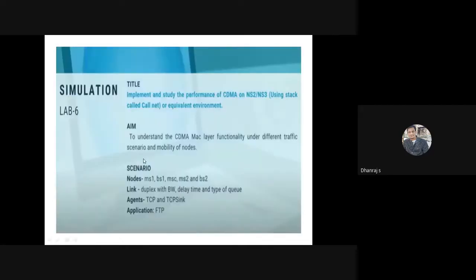Okay, so similarly laboratory number 6. Laboratory number 6 is related to CDMA, that is code division multiple access. This is the extension of your GSM technology. This CDMA comes under the 3rd generation technology. What we need to do here is implement and study the performance. In both the cases we are studying the performance of these different mobile communication technologies, in terms of GSM and